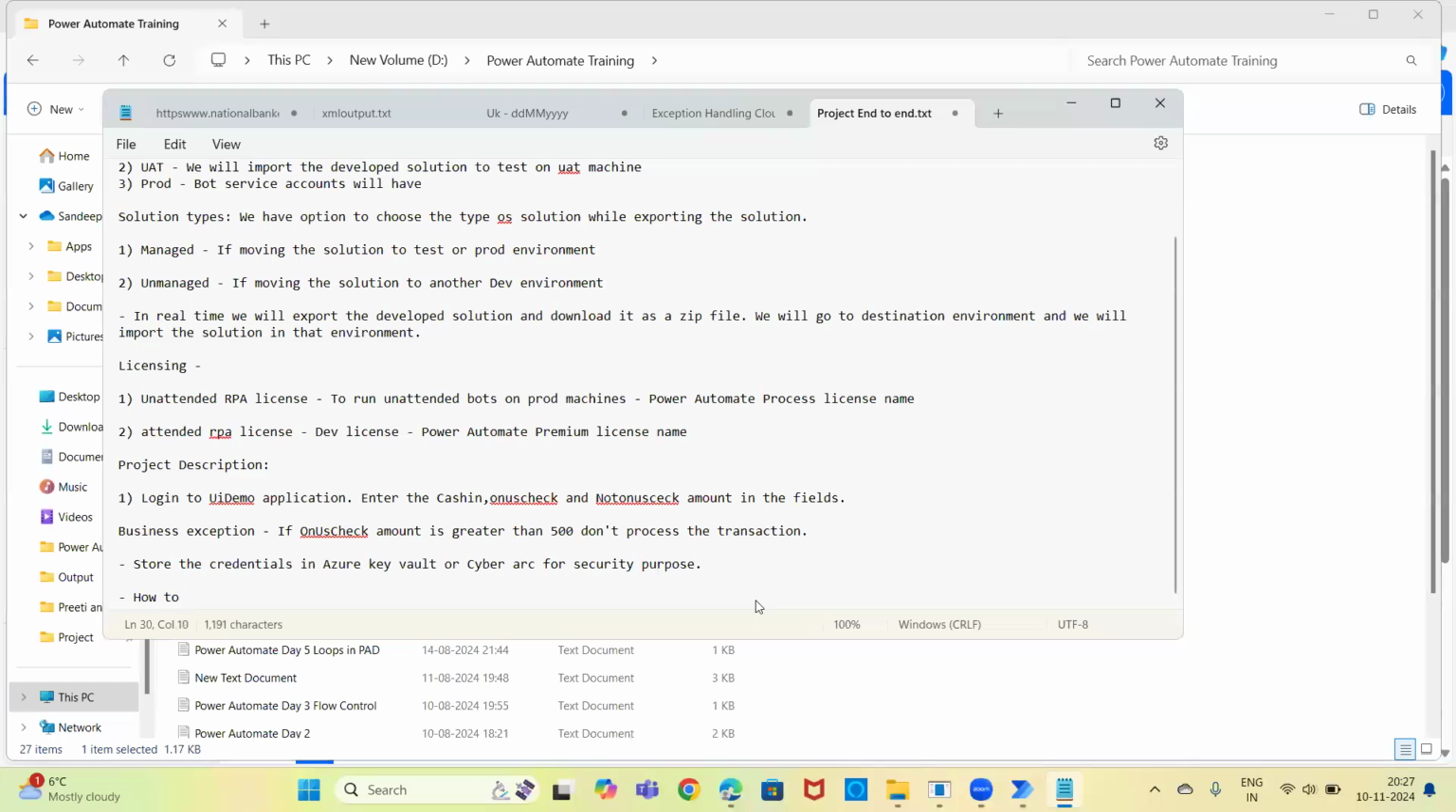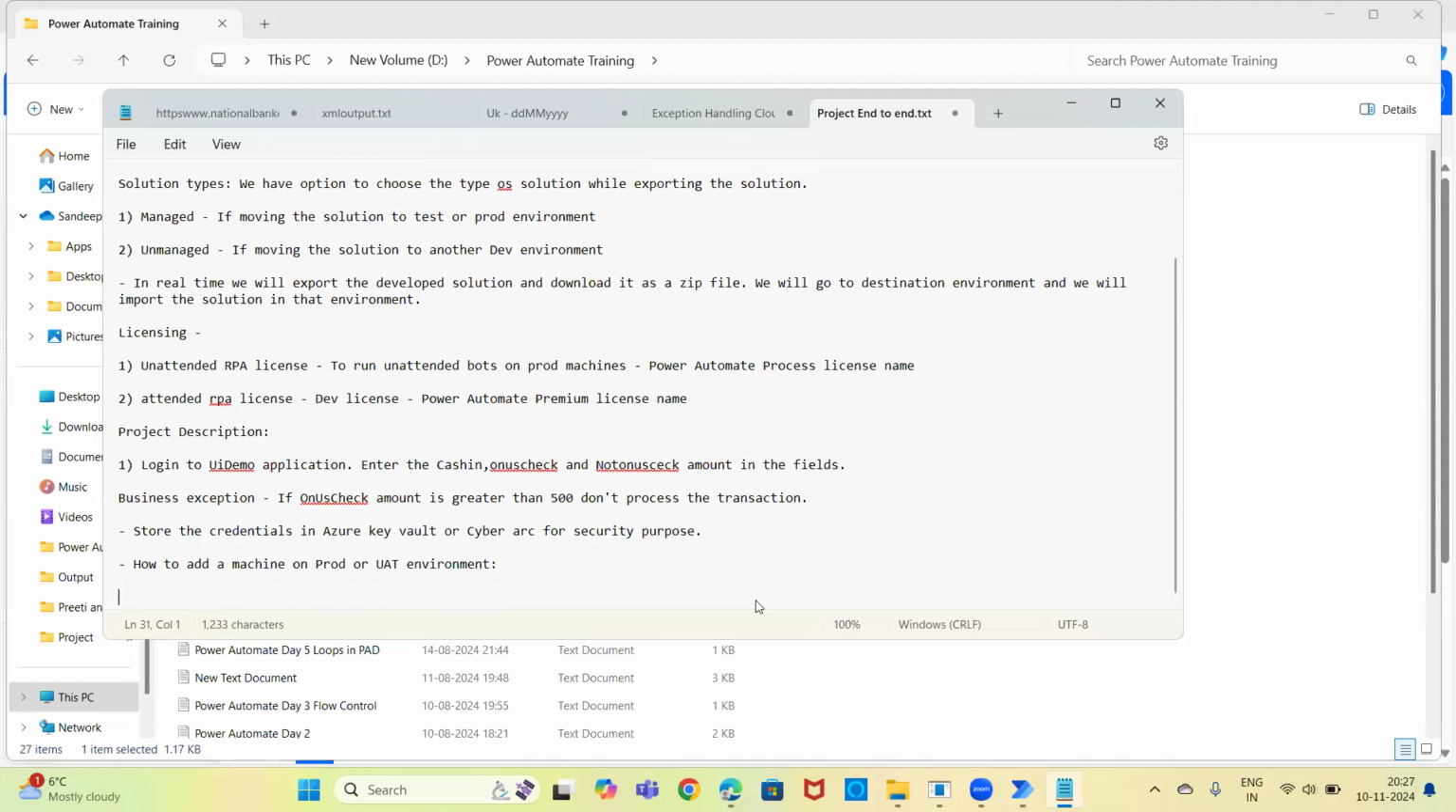How to add a machine on prod or UAT environment. Okay. So how we need to add is